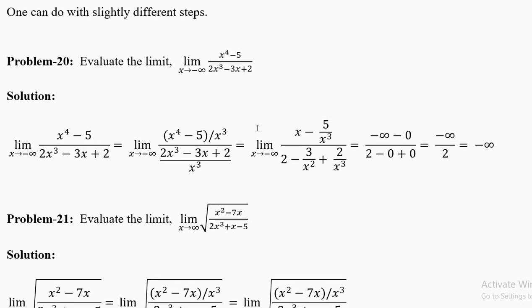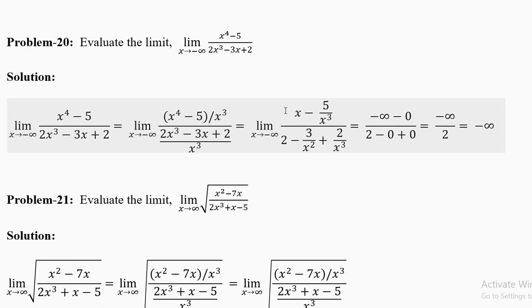Now this question is a little more difficult, but we can do it. Limit x going to minus infinity, x power 4 minus 5 divided by 2x cube. Look, here the power is 4, here the power is 3. Big number divided by another big number, you have to check what is going to happen. Now one way to do is divide by x cube. Divide by the lower power. This x power 3 is down, so divide by that. You will get this: x minus 5 by x cube, and this.